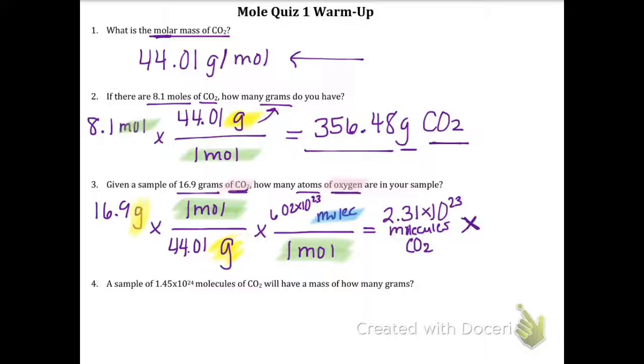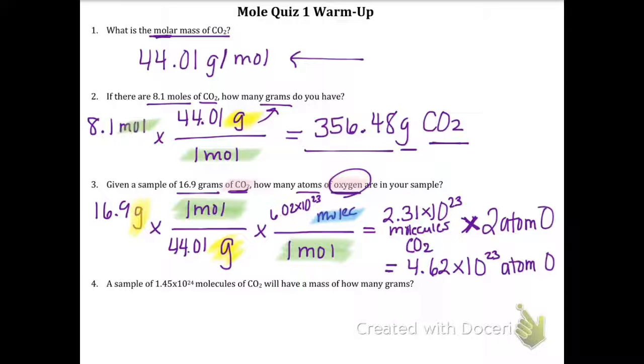Then you have one extra step because you're going to an element. So how many of that element is in your compound? So it's times 2 atoms of oxygen because there are 2 oxygens in CO2. And then hopefully you get your answer to be 4.62 times 10 to the 23 atoms of oxygen. Okay, very good. Hopefully you didn't forget this last step here,